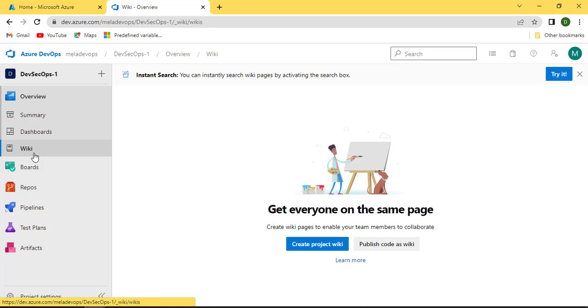Now why do you need this? You are creating so many things. You are creating a repository, the branching and merging strategy, the build strategy, the release strategy, you will be training the developers, and there are so many white papers you're creating for your project. So this is the best place to keep everything in one single location. You don't have to use a file share or a Confluence page and things like that. You can keep everything inside the project.